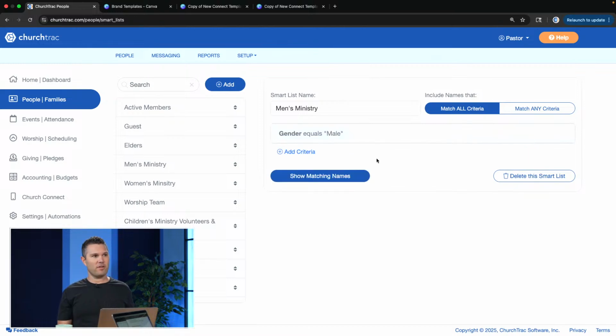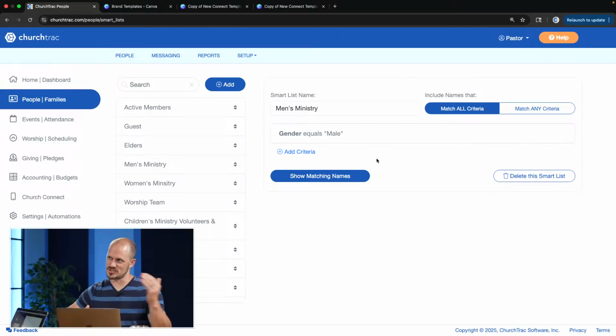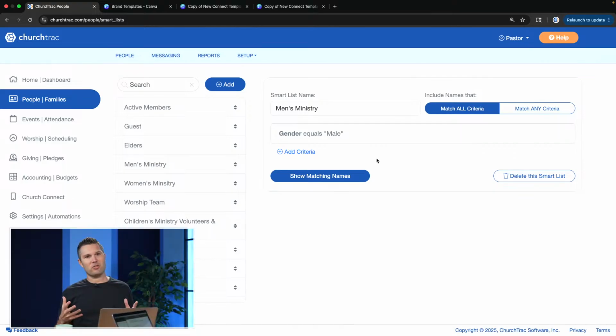Now, if I stopped on this, it would email everybody at our church that's male. Thing is, that includes men and children. I don't want to send out an email to the junior high and high schoolers that we may have emails for because they're not in our men's ministry, unless your church maybe wants to include them for a particular